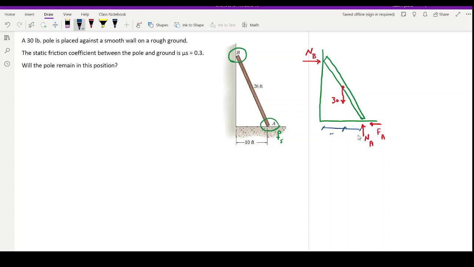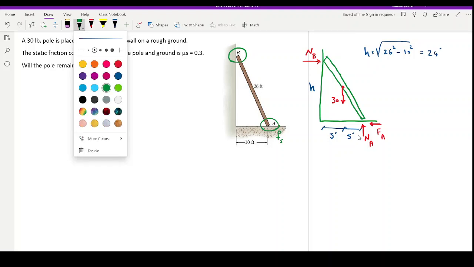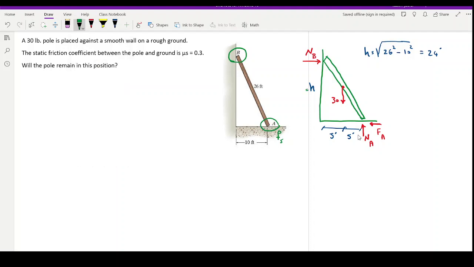Now, the distances here we have 5 because the total is 10. Also, I need this height. This height, so I use h, I calculated in here. It's going to be equal to square root of 26 squared minus 10 squared, and if you solve this, it's going to be around 24 feet. Now I calculated it. I have all the components that I need. I can go ahead and